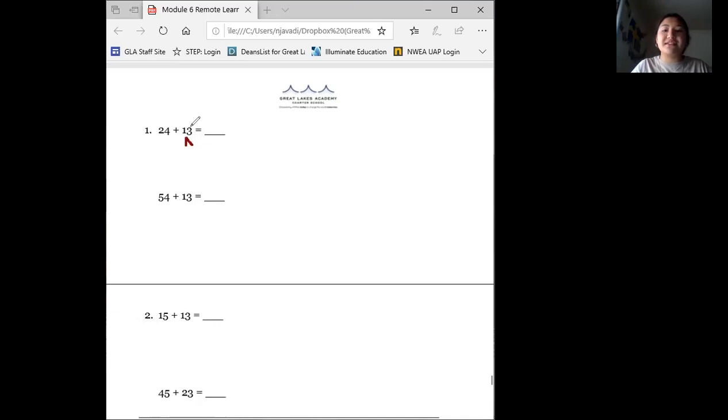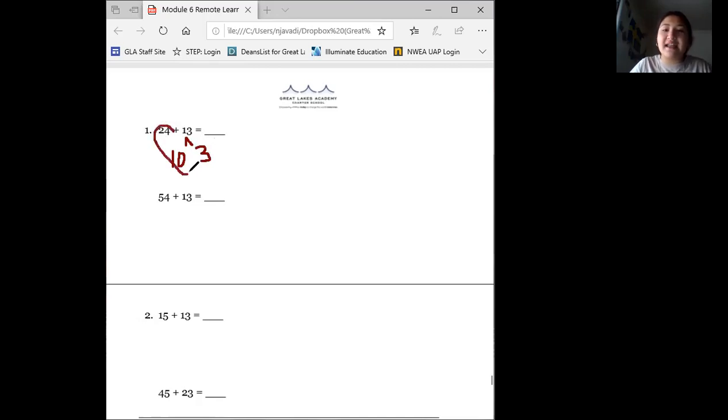I know that 13 has a 1 in the tens place, which tells me that there is 1 ten. 1 ten is equal to 10. And I know that it has 3 ones. So I'm going to write 3 on this side. I'm going to add together